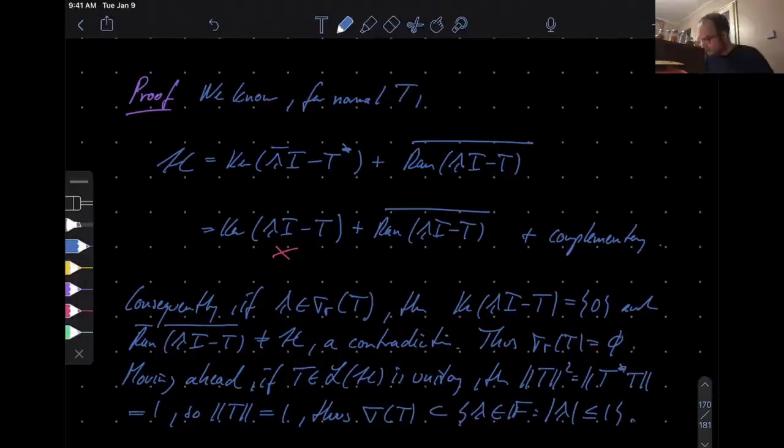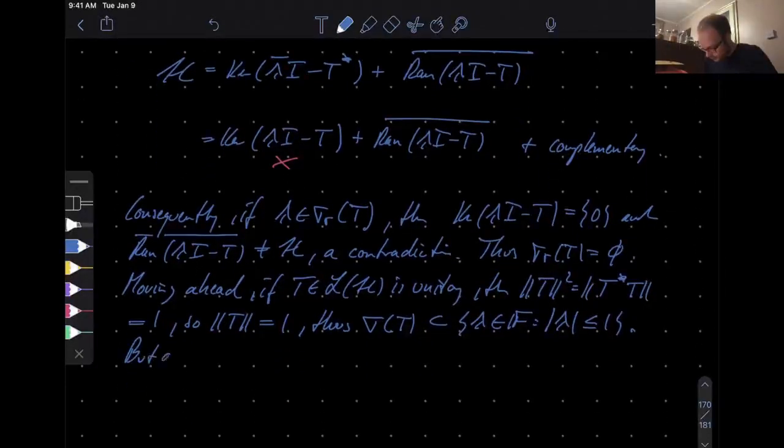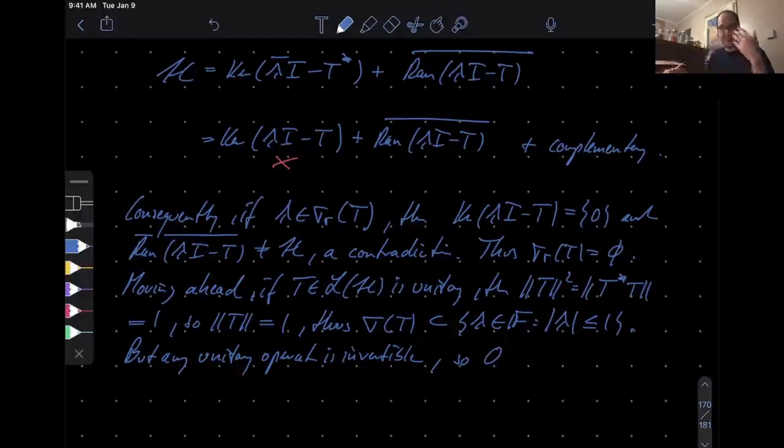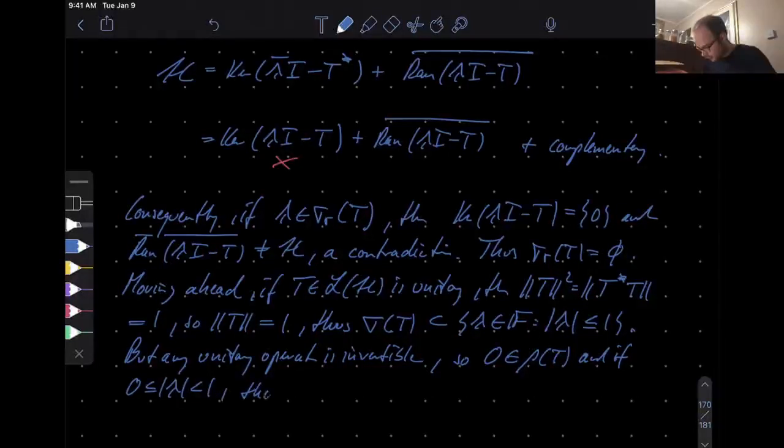All right, good. But any unitary operator is invertible, by definition. So certainly 0 is in the resolvent set, right? Because that's the set for which lambda I minus T is invertible. But if lambda is equal to 0, then you just have the statement that minus T, equivalently T, is invertible, right? So 0 is certainly in the resolvent. And if lambda stays away from the boundary of the unit disk, or that interval if you're on the real line, then